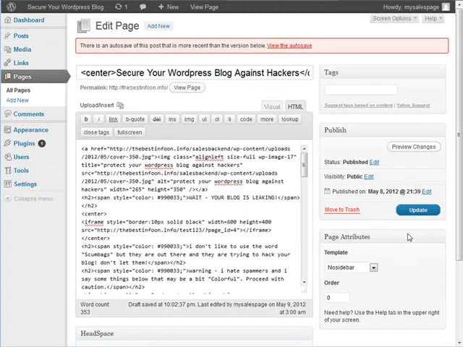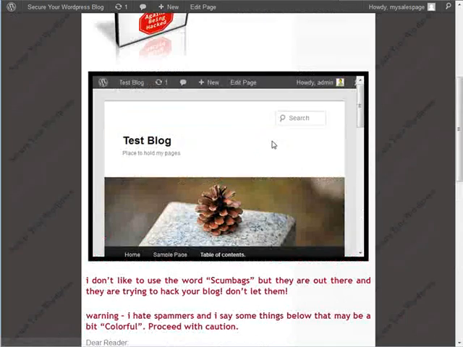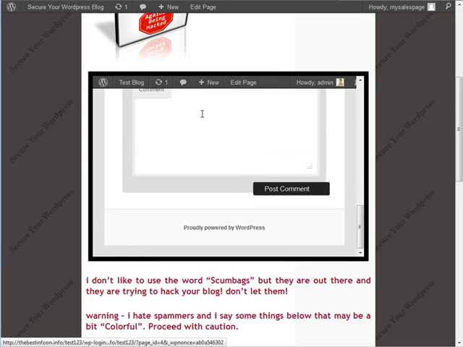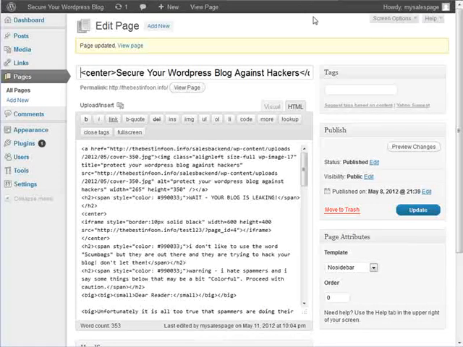Now let's update our page here. Now when we go and refresh our page, there's our iframe, and you'll see that it is bringing in the whole page into here. So the way to fix that is we have to create